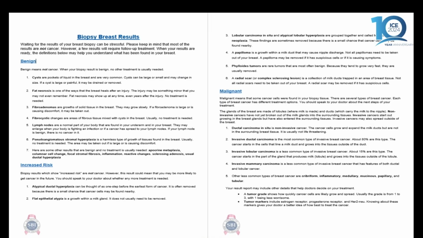So because of that, there is a document that we created, and this goes into their MyChart when we do a biopsy, that explains the difference between the benigns and the high risk and the malignant, and it's very helpful. It talks about a papilloma, phyllodes, radial scar, all the different things. But